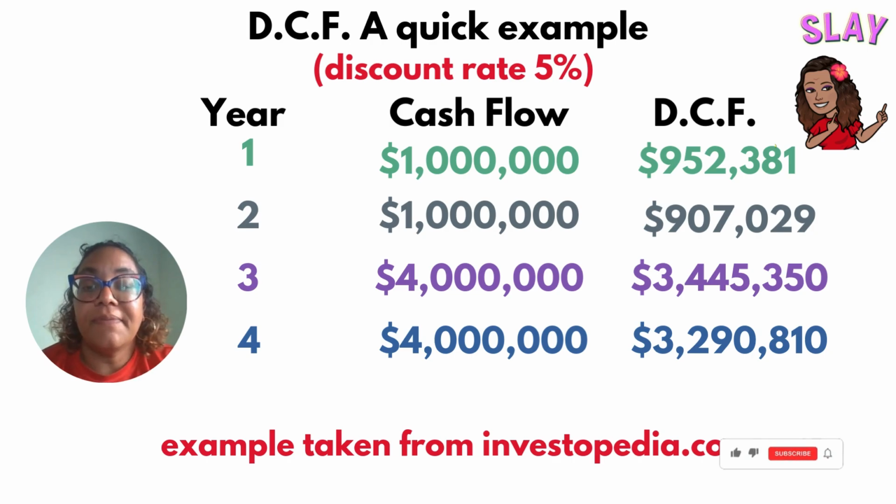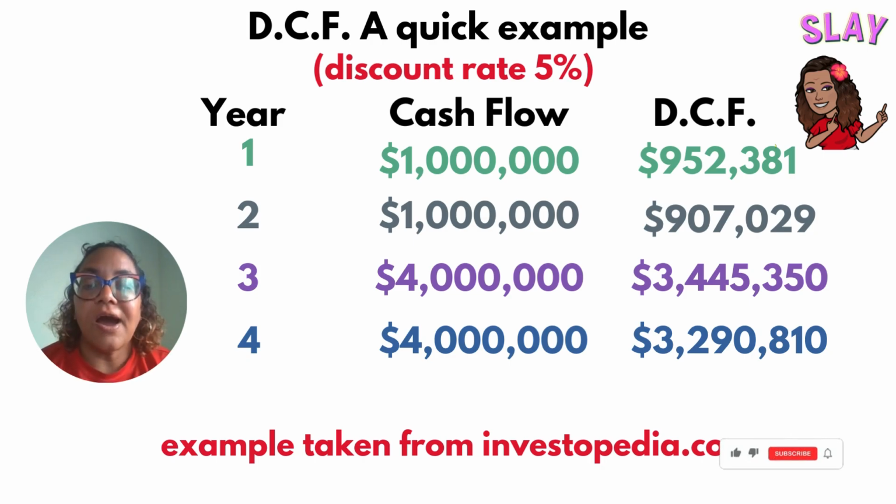$4 million. But when we discount that, we will see that $4 million in 3 years' time will be able to buy you the equivalent of today that you would have to spend $345,350. That is over $500,000 difference in the value of the money just 3 years from now if you're using a discount rate of